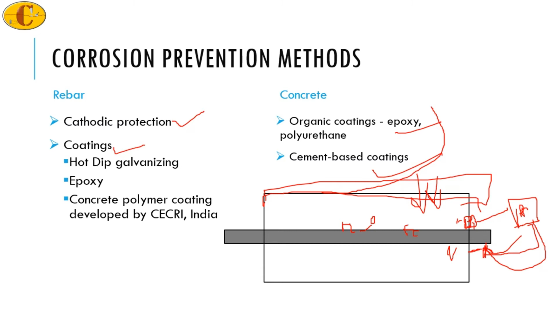Now if there are huge structures, it is not really possible to put a rectifier everywhere, because the amount of money spent on rectifiers will be very, very huge. Also, if you have galvanic cathodic protection, the cost will also be a lot. Hence, the other method that is used is coatings. In coatings, you may have hot dip galvanizing, or epoxy, or the concrete polymer coating, which has been developed by the SERI organization in India. This is a popular coating which has been used in the Indian industry for a long time now,